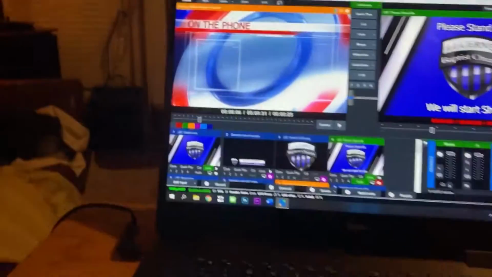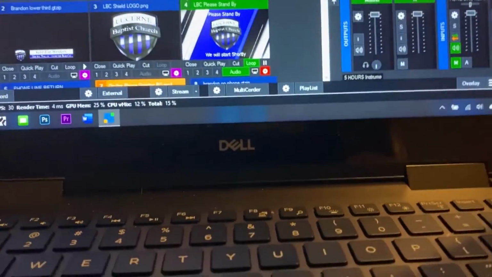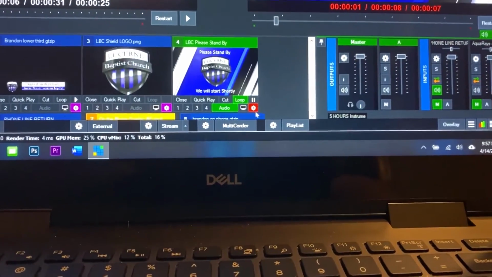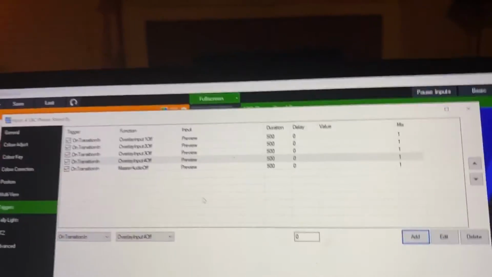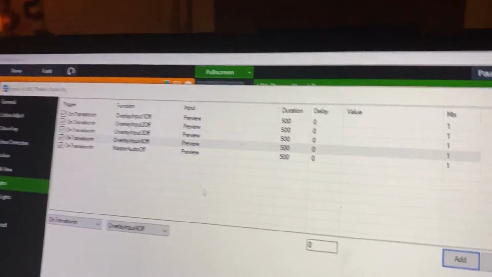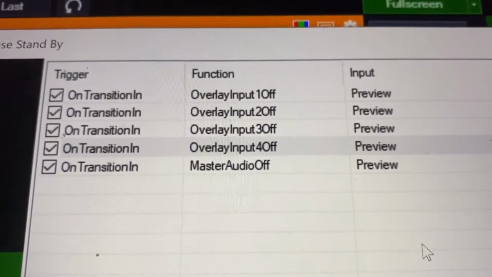Well, it's very simple. You pick a dedicated input. So for example, let's look at LBC Please Stand By here. And you can do what's called triggers. These triggers you can tell the system, when this input does A, I want you to do X to this other input. So for example, when this input is triggered, you can see here I have on transition in,